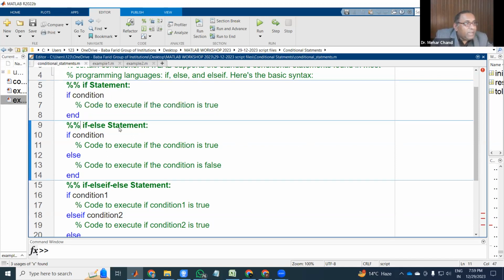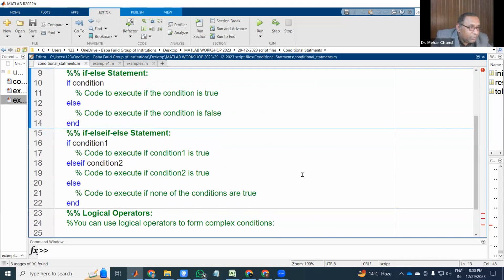If you have only one condition, then you will use only if and end. If there are two conditions, then you will use if else. So if, then at this place you will have the first condition, and on the basis of this condition you will have the statement which is executed if this condition is justified. Otherwise, the second statement will be executed, which we have at this place. And if you have two or three conditions, like the first condition, then the second condition, and then the third condition,